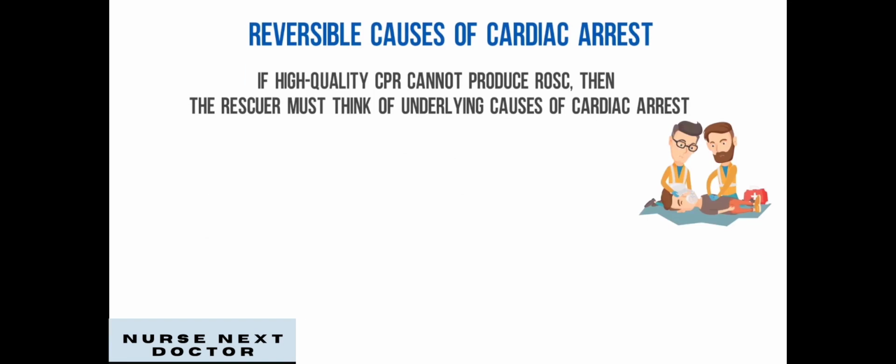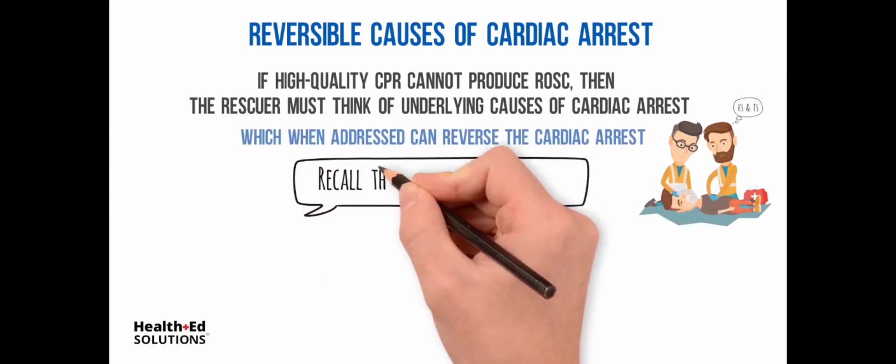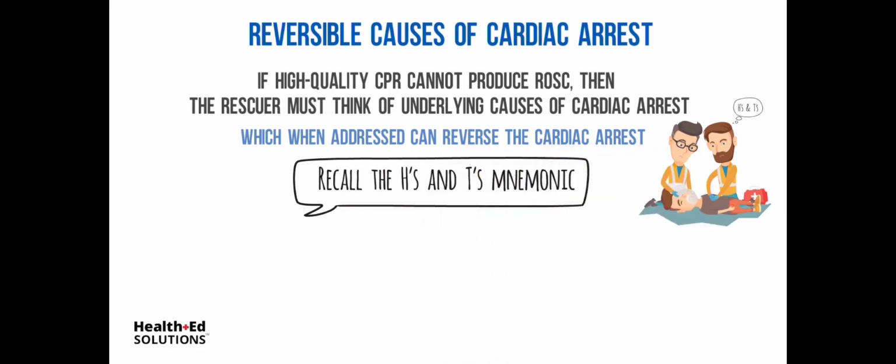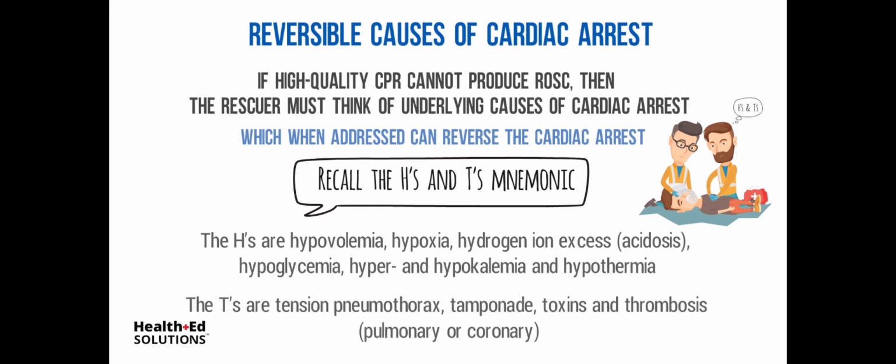If high-quality CPR cannot produce ROSC, then the rescuer must think of underlying causes of cardiac arrest, which when addressed can reverse the cardiac arrest. Recall the H's and T's mnemonic. The H's are hypovolemia, hypoxia, hydrogen ion excess (acidosis), hypoglycemia, hyper- and hypokalemia, and hypothermia. The T's are tension pneumothorax, tamponade, toxins, and thrombosis, pulmonary or coronary. Refer to the H's and